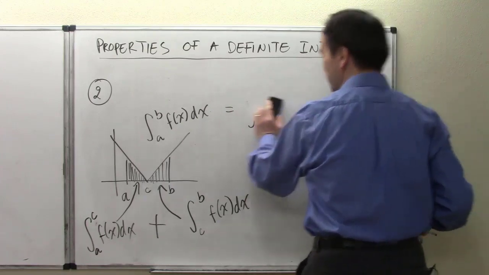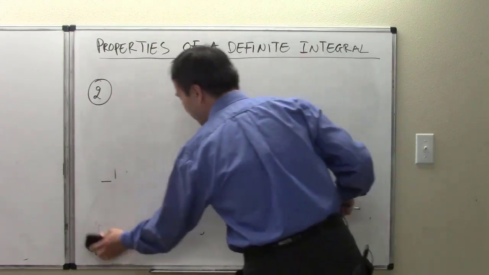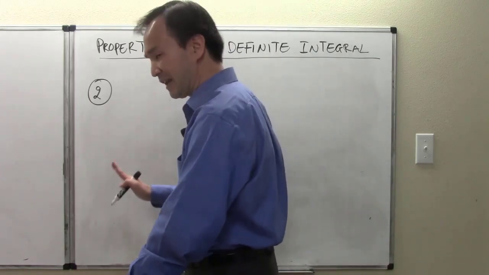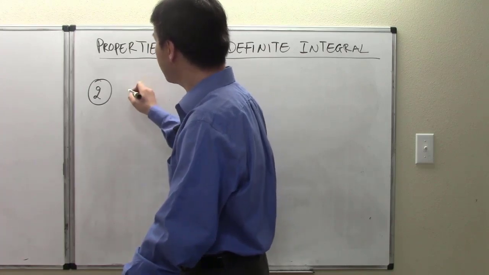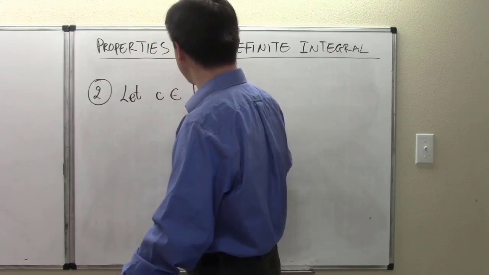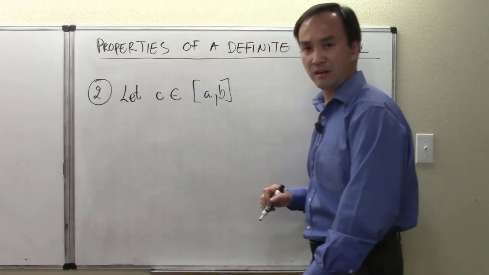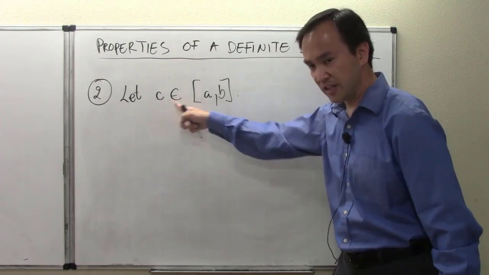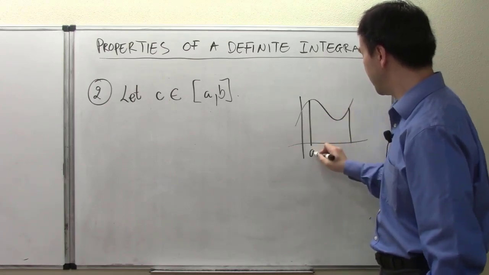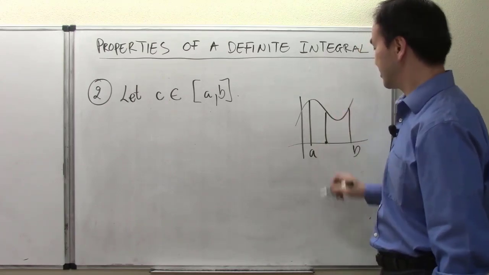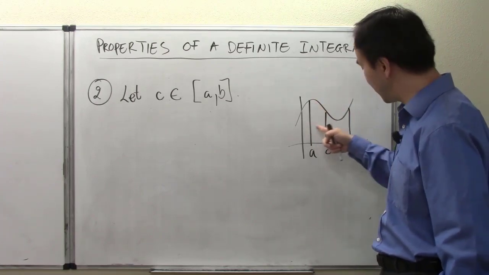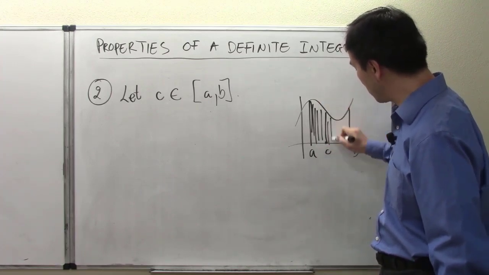So after that explanation, now we can formally put that into a property as follows, and allow me to go a little bit wordy here. Let C be a value that stays anywhere inside the interval from A to B. Anywhere, so C is a value anywhere inside of the interval from A to B. And as a picture again, A is here, B is here, C is somewhere inside. So two accumulation works come up for us,